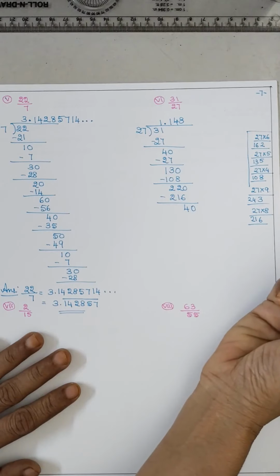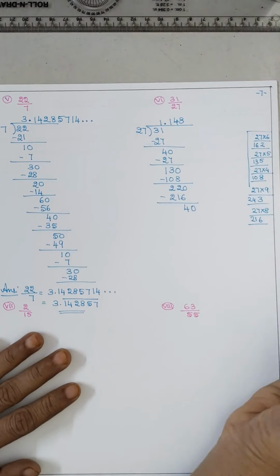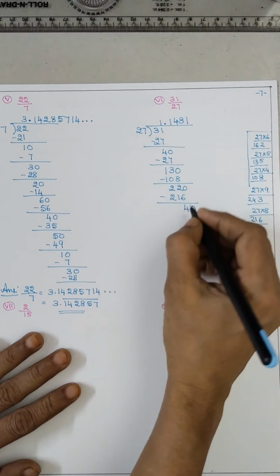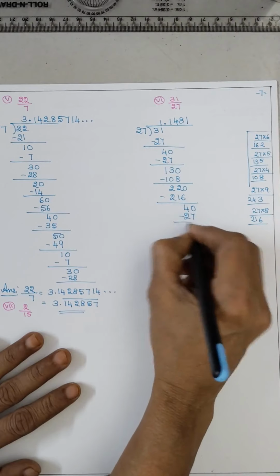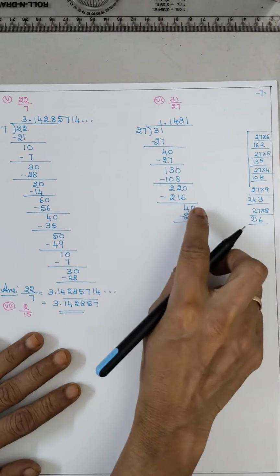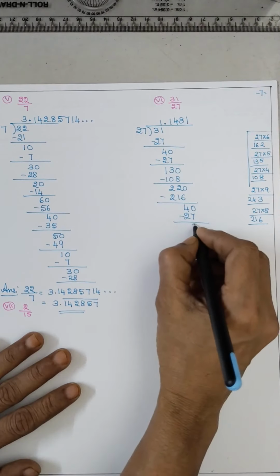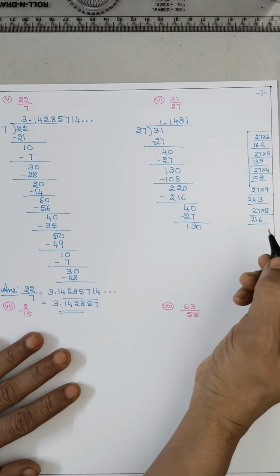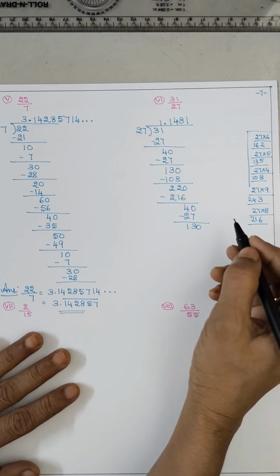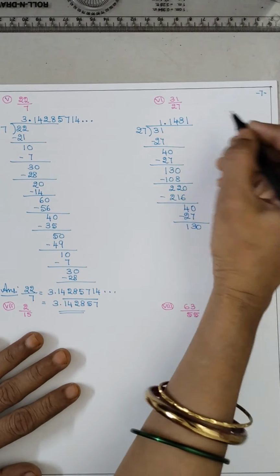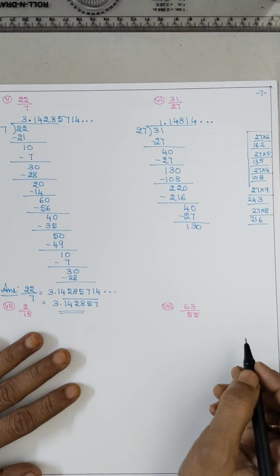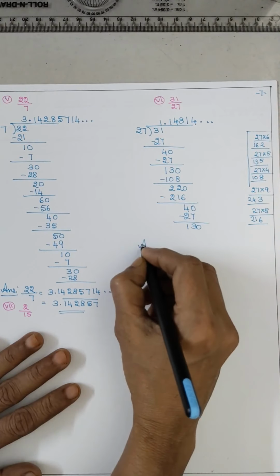Take an extra 0. Now 27, how much za 40? It is a 1 za. So 27, is it repeating? 40, 27. Now again 10 minus 7 is 3. 3 minus 2, 1 and 30. That means it will be 4 times. That means it is repeating, isn't it? So the answer